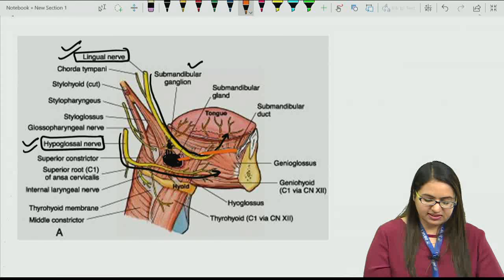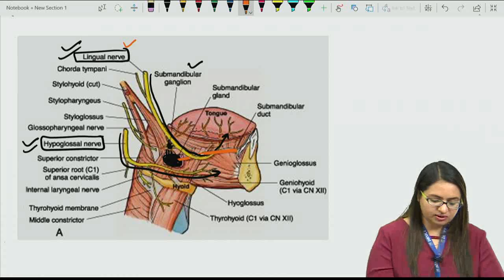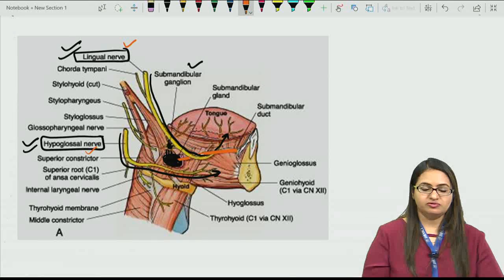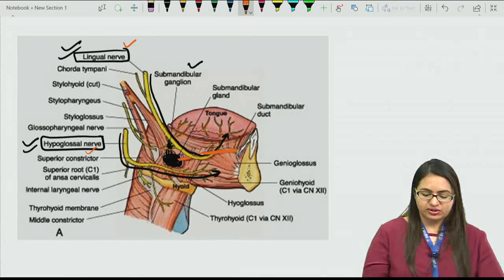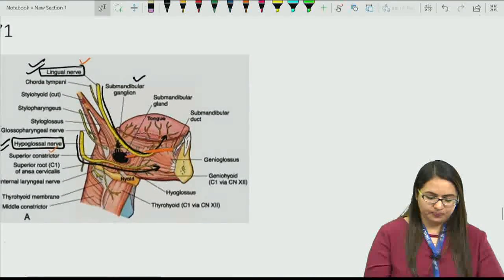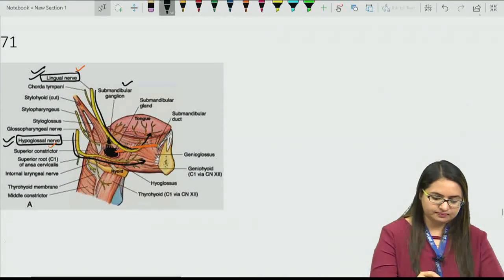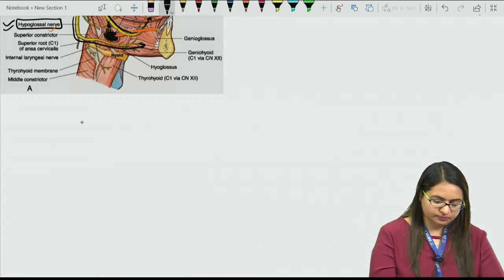So whenever we are excising this gland, the submandibular gland, we have to take care that we do not injure the lingual nerve as well as the hypoglossal nerve. These are the structures which may be injured. Apart from this, just near the angle of jaw, in the face if we see,